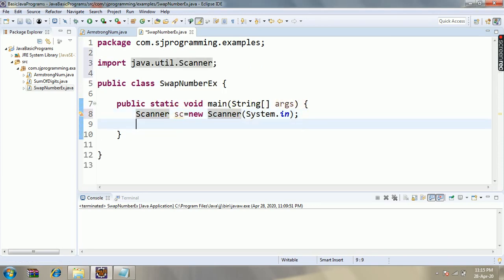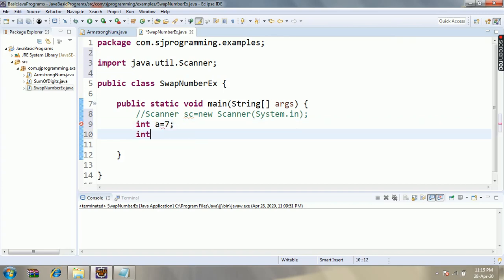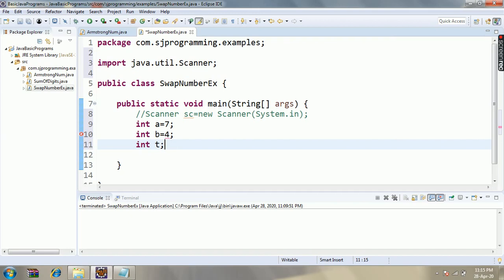Otherwise, this is not required. We will simply take the values. For a we will take 7 and for b we will take 4, and one temporary variable. Before swapping, what is the value for a and b? 7 and 4.